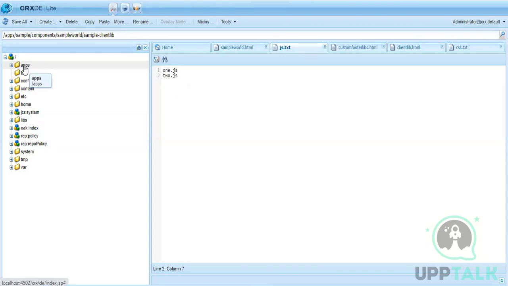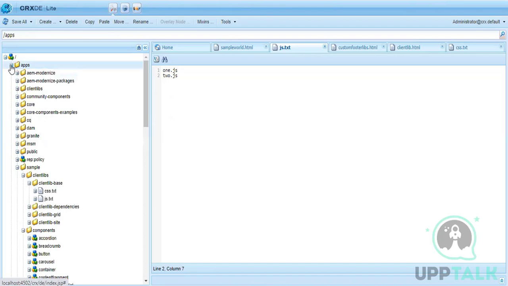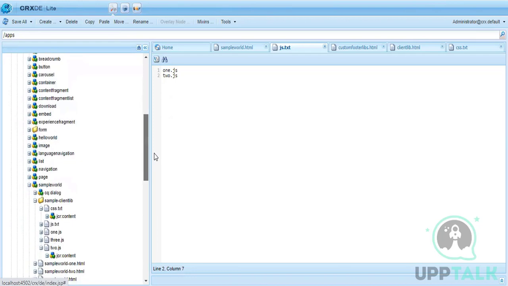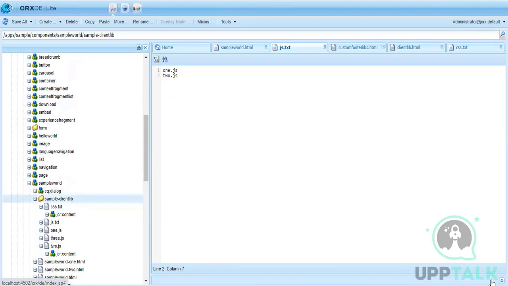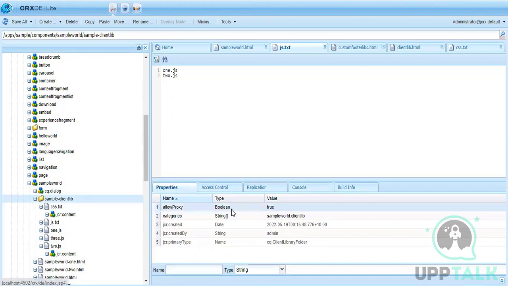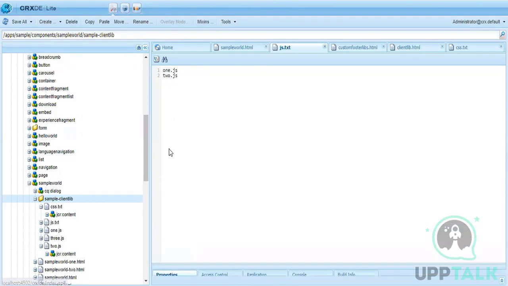Neither reads, of course, not at all right. Write, modify, delete operations cannot be given to the end user. So that is why, since inside /apps they do not have the read rights, what we do is on our client libs we add this property, allowProxy true. By using this property, what AEM does is that it loads our client lib through a proxy, and that proxy is